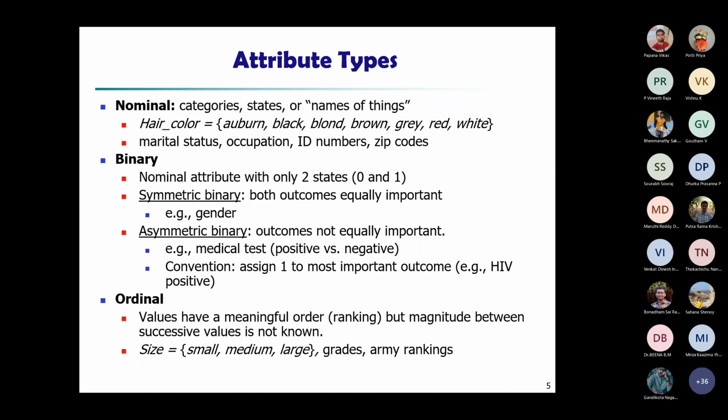Though it is numbers, it is still a category, not like age. The value of age is 1, 2, 3, 4, 5 and your rating is 1, 2, 3, 4, 5, but they are meaningfully different. So it is still a category, but it has an order. When it is ordinal, it has an order, but if it is nominal, it is just some categories. We also mentioned that when we discretize numeric attributes like temperature or age, they become ordinal attributes.